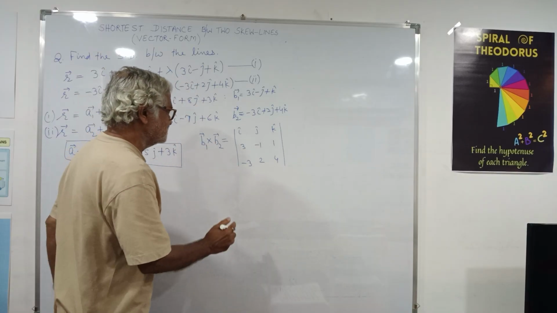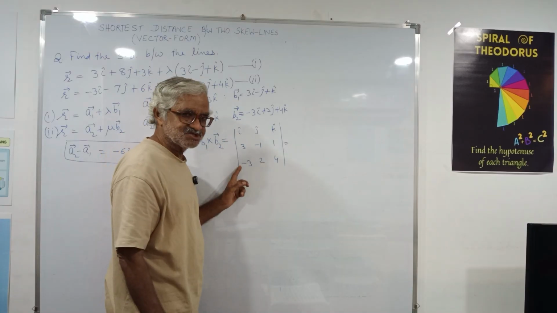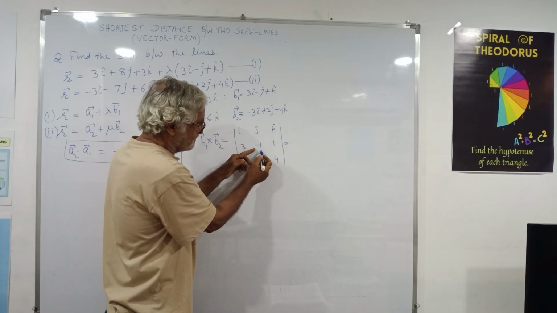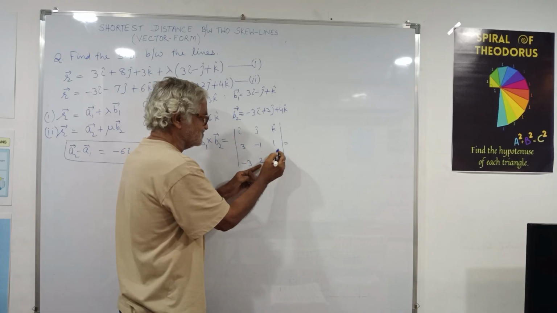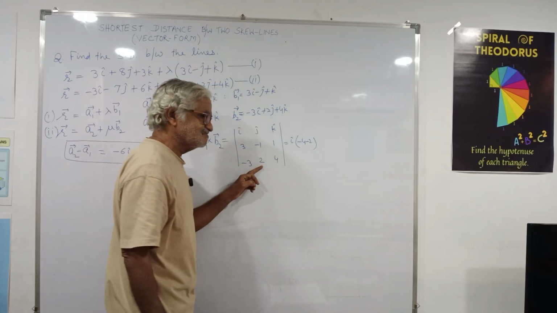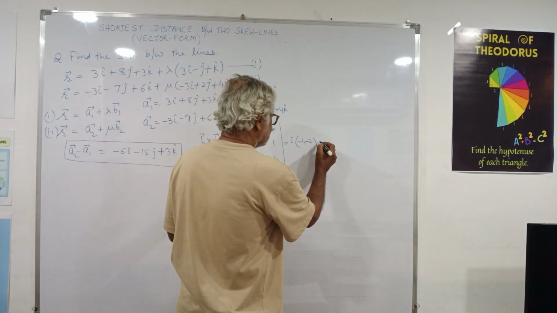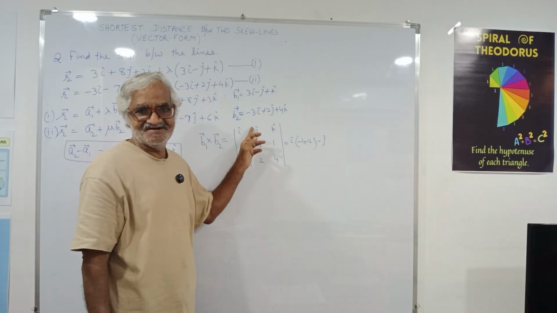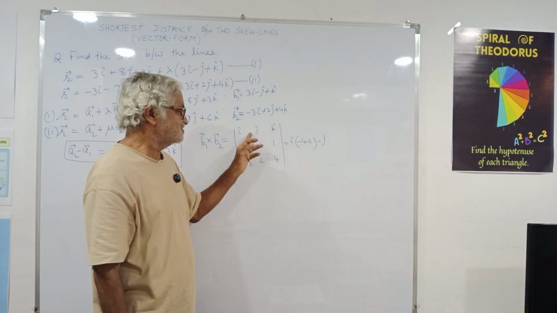So suppress the first row and first column: minus 4 minus 2, so I into minus 4 minus 2, b1 c2 minus b2 c1, minus J. You know how the determinant is evaluated: plus minus plus. So minus J